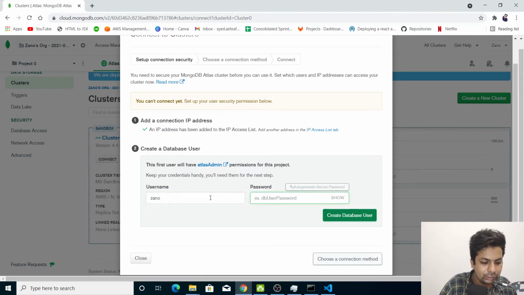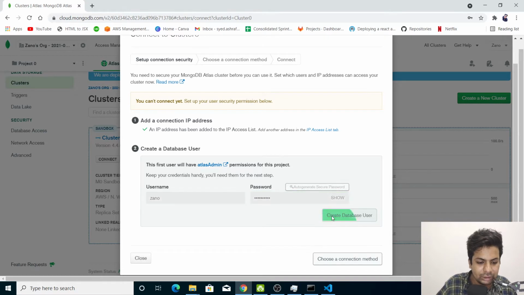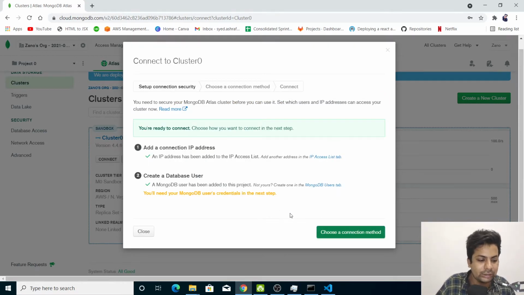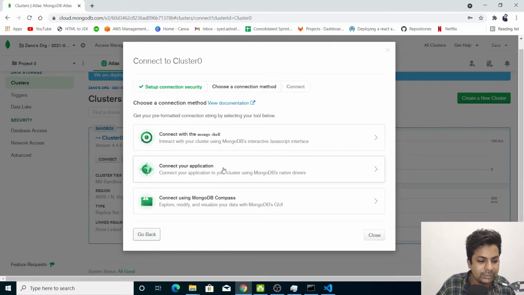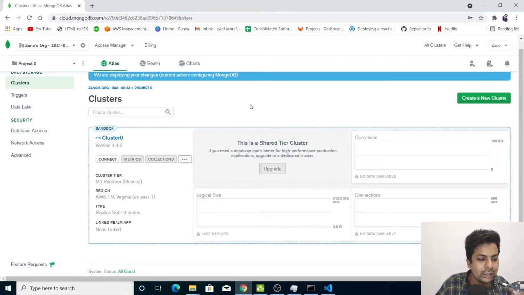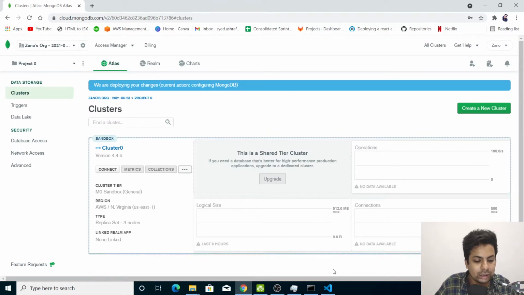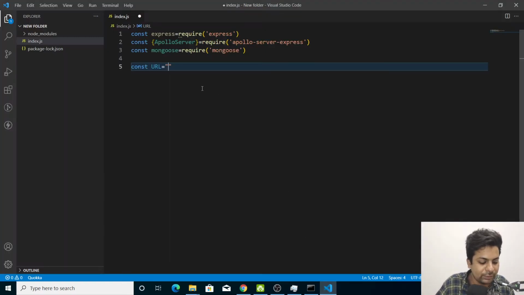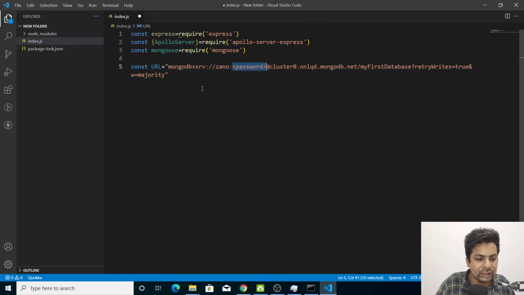I'll say Zeno and password. So this is my demo database. Choose a connection method, then go to application, Node.js, copy, close. So this is my cloud Atlas MongoDB, and I'll paste that here, and I'll change the password.